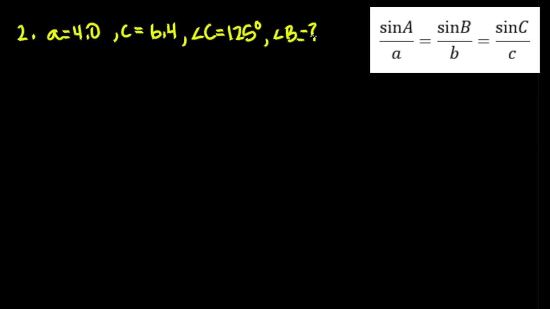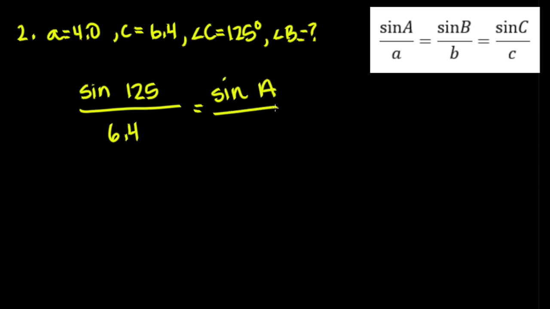So in this problem, we are going to have two equations. First, we need to solve for angle A since we have the length of that side. So the sine of 125 divided by 6.4, these are our two C values, is going to equal the sine of A divided by 4.0. We are going to cross multiply and see that the sine of 125 times 4.0